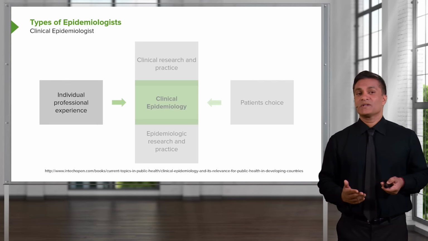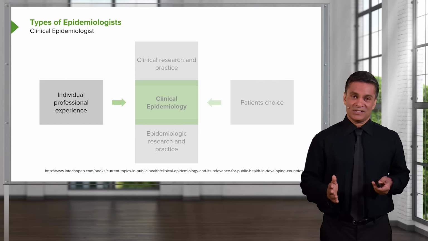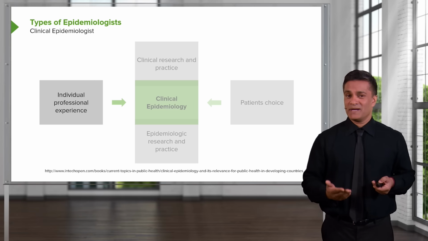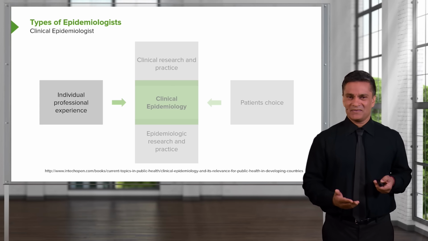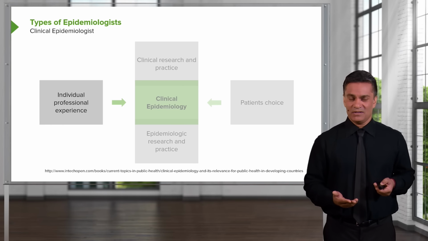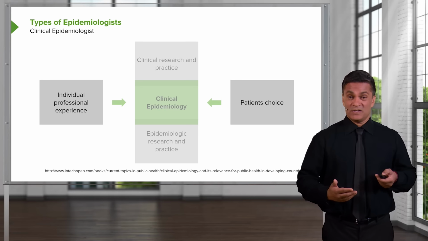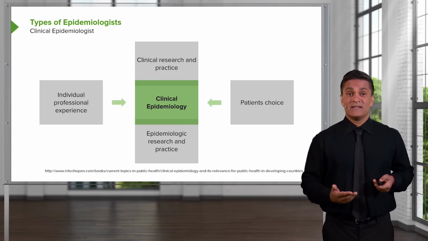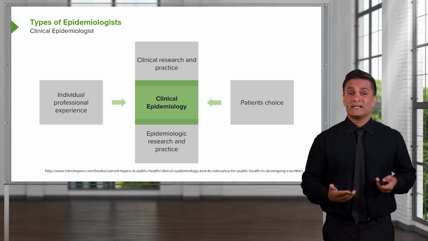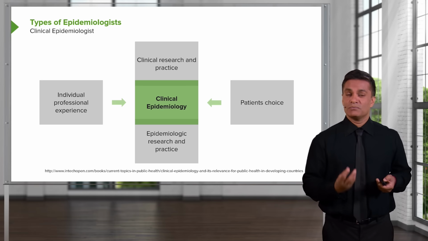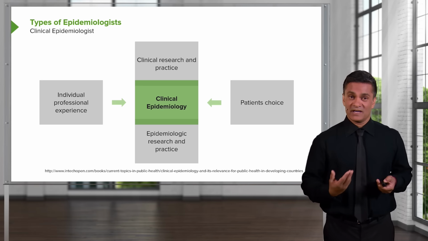So today we have different kinds of epidemiologists. I mentioned that John Snow was a kind of outbreak investigator, a medical detective of some kind. Most physicians who are epidemiologists are clinical epidemiologists, and they bring to bear a variety of perspectives. They bring to bear the choices made by their patients, the clinical research and practice experience that they have, and also the experiences of their mentors to make decisions for small groups of people, usually in a clinical environment.